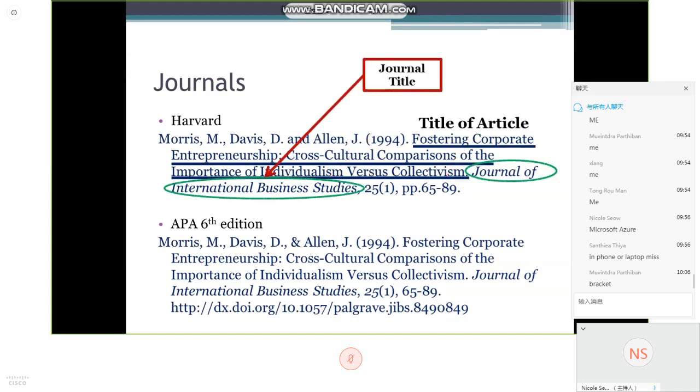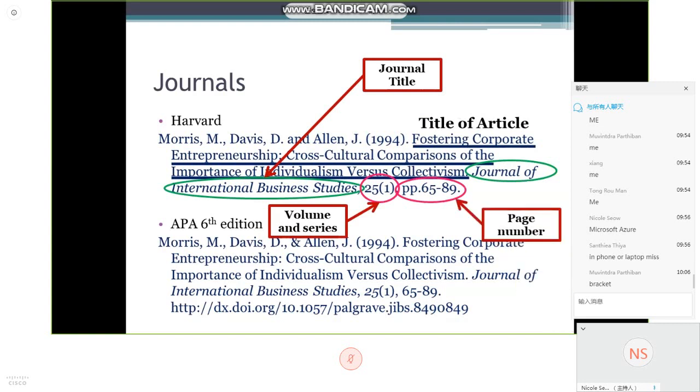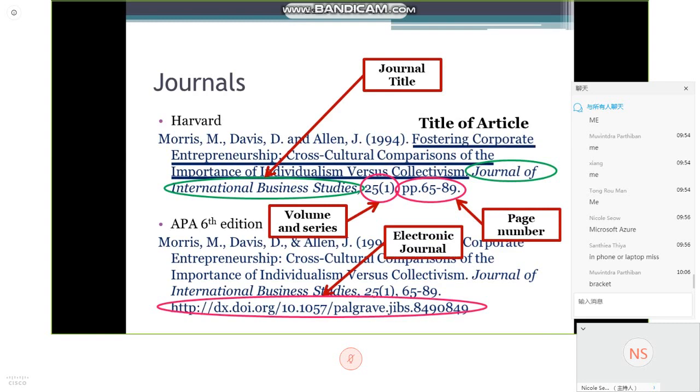Okay, so pretty much the only difference is you have the title of article, and this circled in green is the journal title. I'll show you later how you can determine title of article and journal title. Okay, this in red is the volume and series, and this is the page number. Now you will notice in the 6th edition, there is this HTTP, there's a hyperlink here. This hyperlink is the electronic journal for